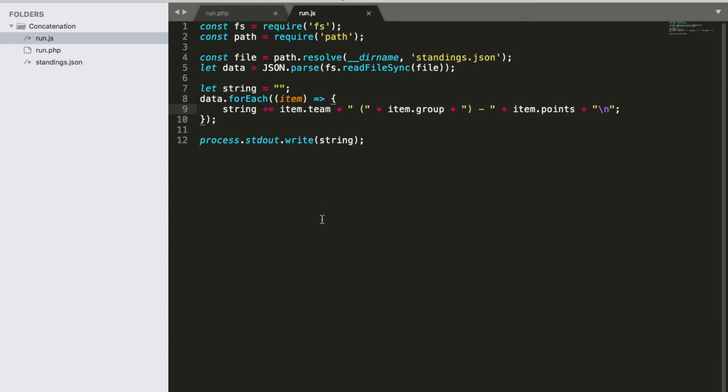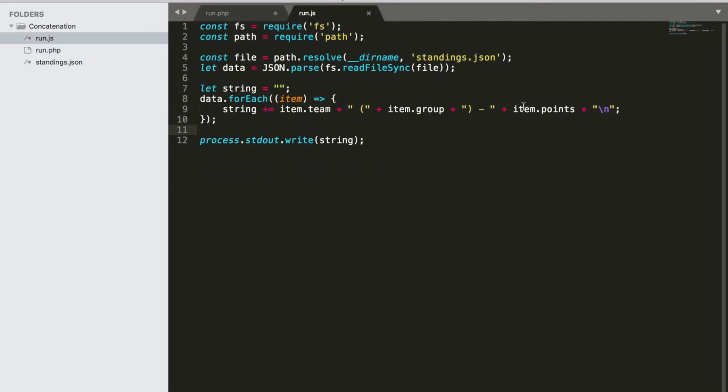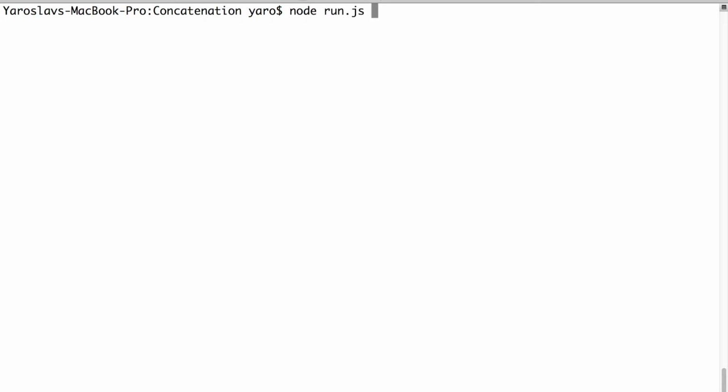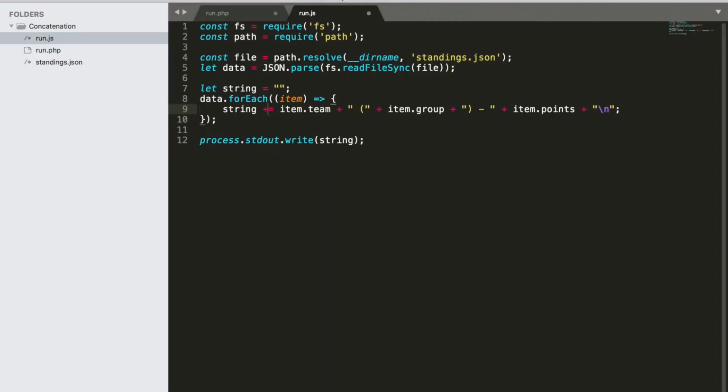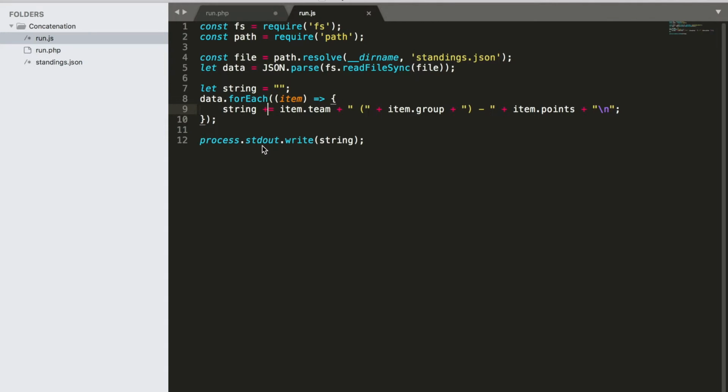So for JavaScript, Node.js, you have the analog of this function here, the first version, like this one. Also you have just a loop through the data array, and you just concatenate the string, and you can easily also forget about this one. So you can see only one. Here you can see also all of them, and here you can also use the next way, the new way, which is interesting